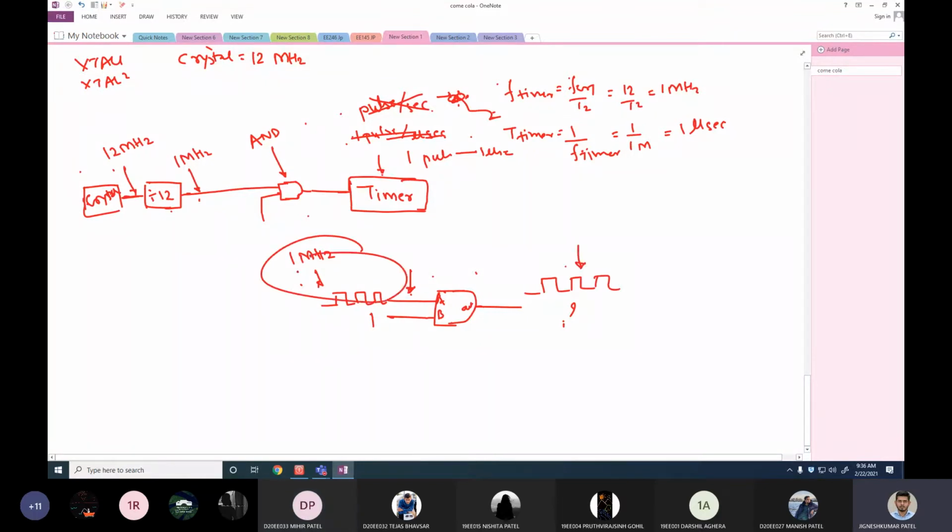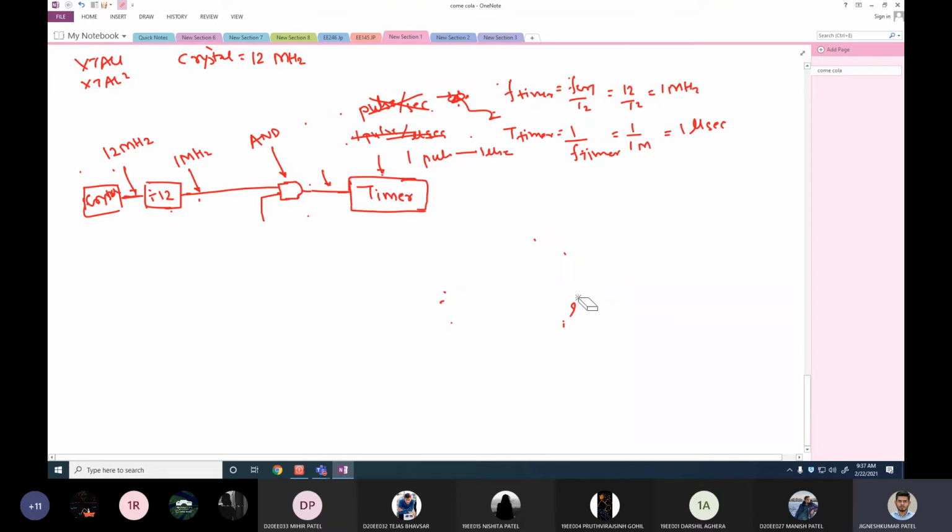What would be the frequency of the output? 1 megahertz. Correct. So if I input a 1 megahertz signal to the AND gate, and if the other bit is 1, at that time I'll get the same exact replica at the output, and that would be a 1 megahertz signal. So in short, I'm not changing the frequency at this point. Whatever is the input would be the output if I connect an AND gate in between. So there is no issue if I connect an AND gate to control this. Why I have connected an AND gate is basically to control the timer. Now let's see how I'm going to control it.